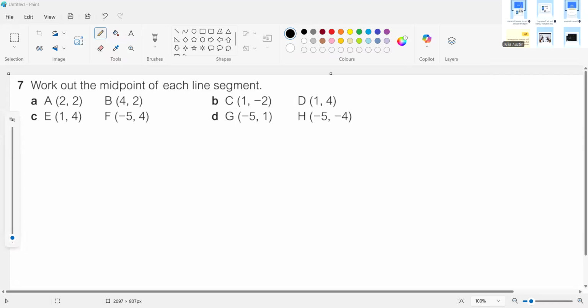All right, today we'll be learning about midpoints. This question is particularly taken from the Pearson book set. So we need to work out the midpoint of each line segment. First, we need to know what is the formula for a midpoint. Now, midpoint